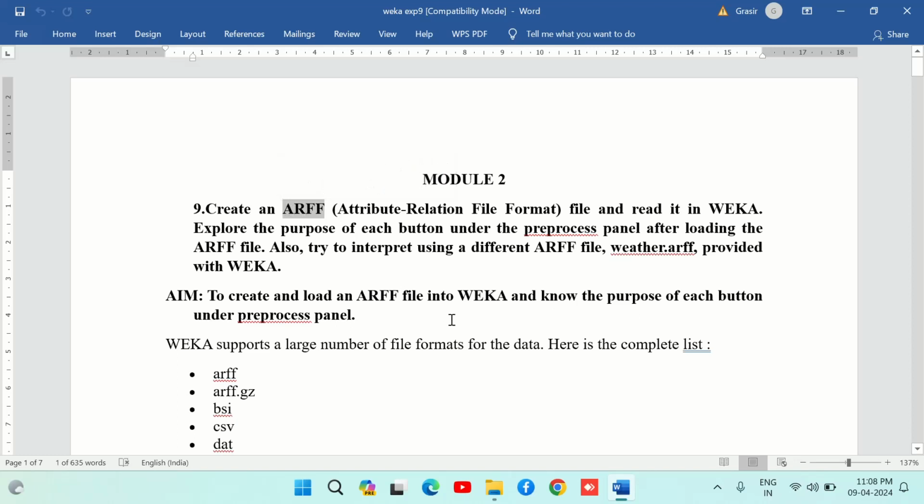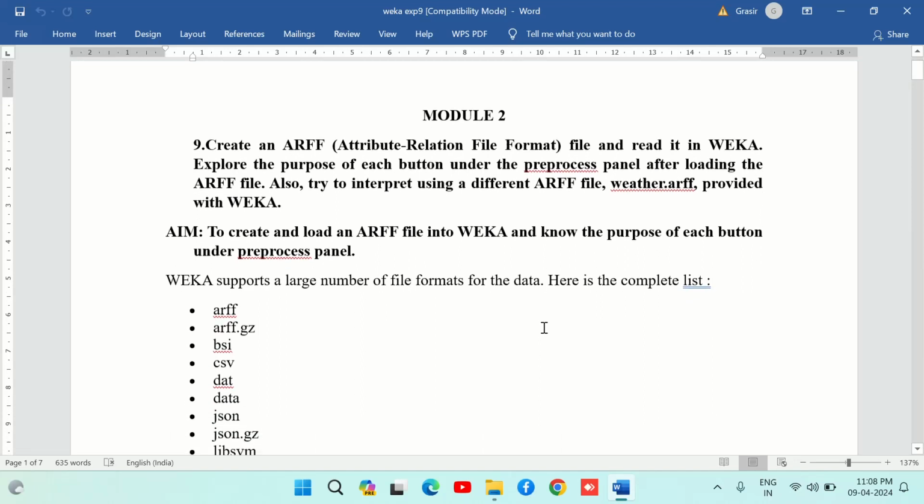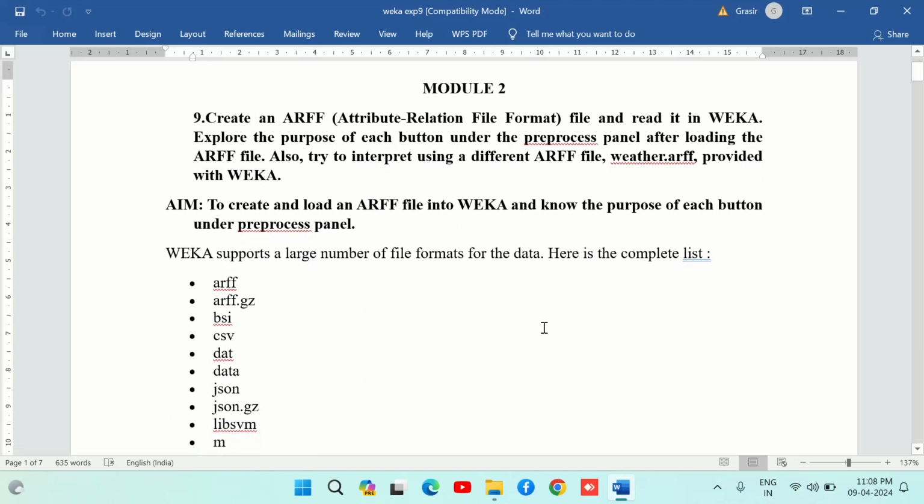Its full form is attribute relation file format, which means that each and every data set will have different attributes. One of the applications for data mining is Weka, and Weka supports different types of file formats. So some of the list are ARFF,